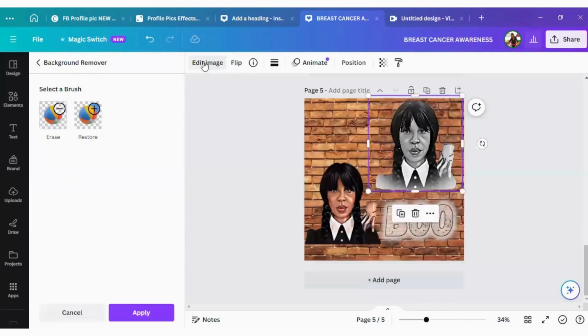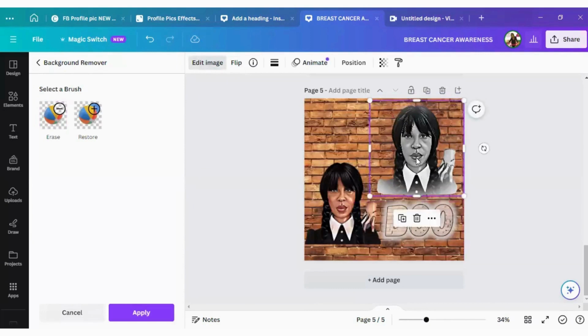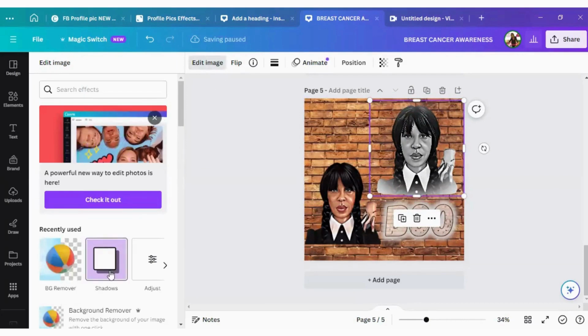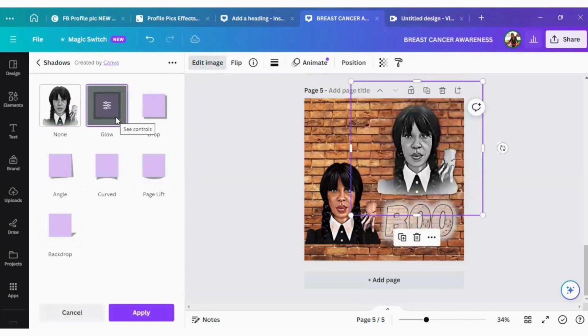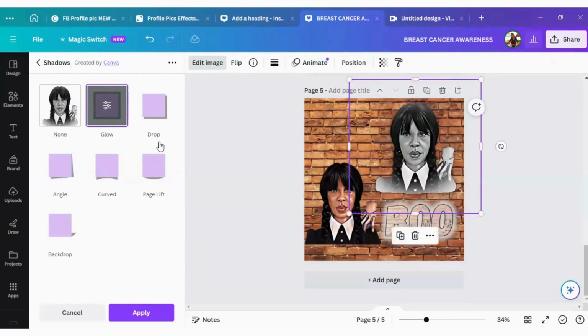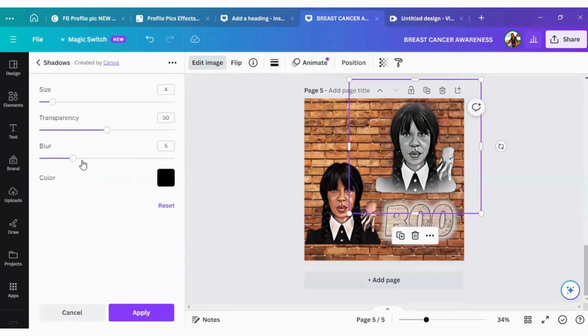Okay, and I'm gonna put done. And I'm gonna again hit the edit image, and I'm gonna hit shadows, and then I'm gonna hit glow. Now you can either put a black ring around here like I have now, and you can add the blur. You can even up the size of the black ring, which will make it look like it's a shadow behind it. Or we could do it the same way, take the size down,